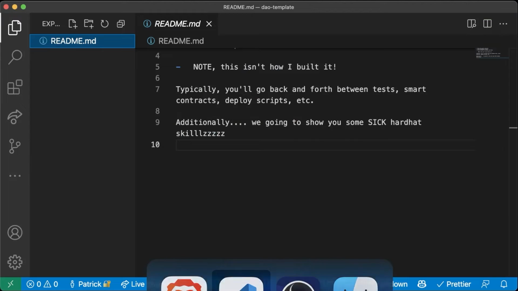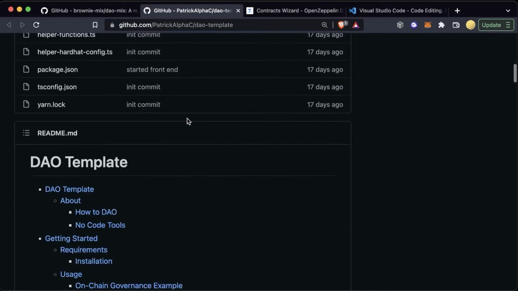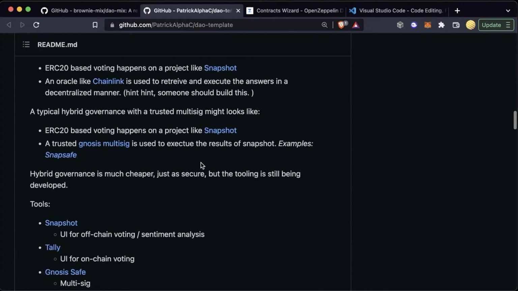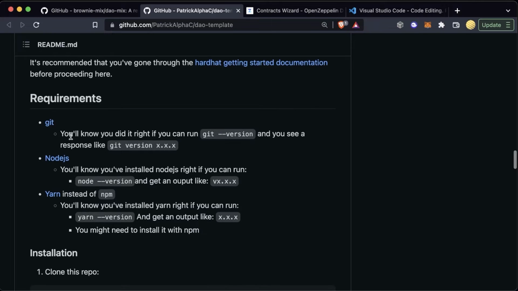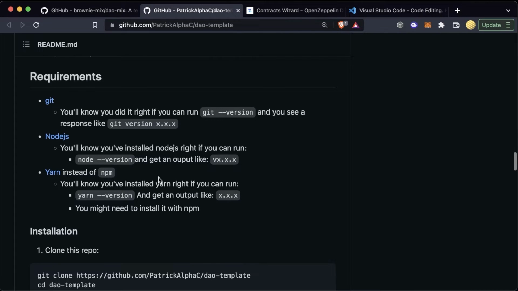So make sure you have a code editor up and ready to go. And you'll need a couple of prerequisites here. Again, the prerequisites are in the GitHub repository. We're going to need Git, Node.js, and Yarn. If you want to just clone this repo and follow the instructions here to get started, you absolutely 100% can. And then you don't even need to build this from scratch,